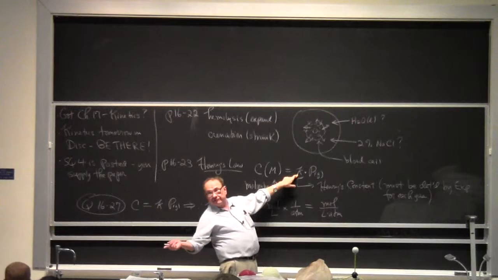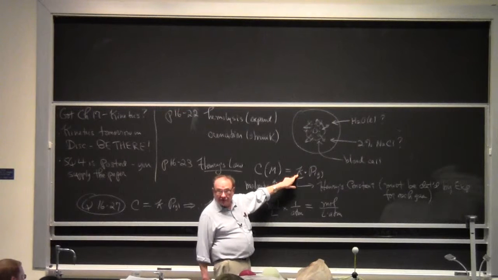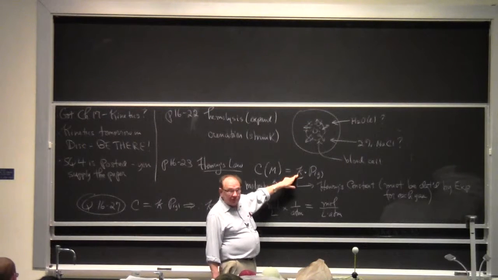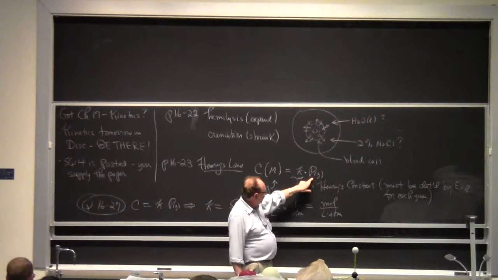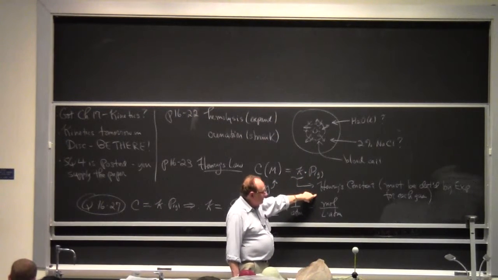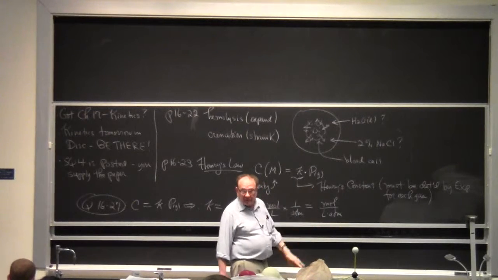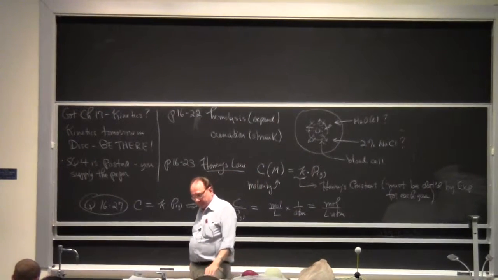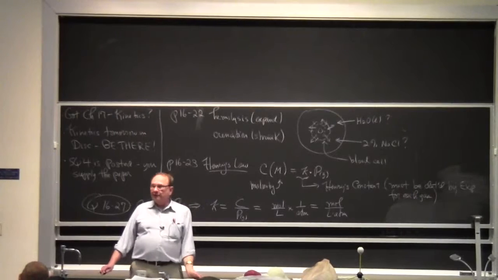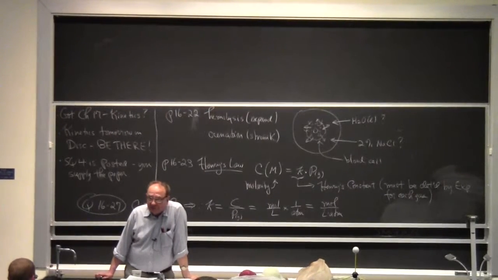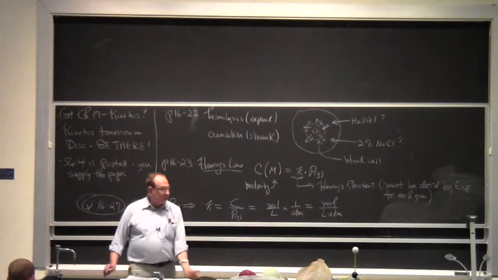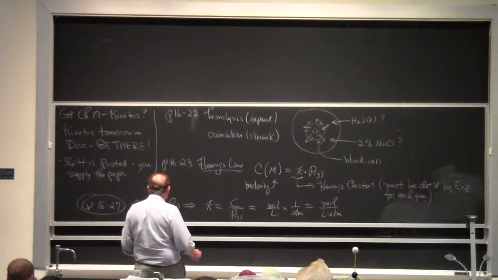And then in chapter 17 on kinetics, we'll talk about rate constants, which are also symbolized by a small k, times the partial pressure of the gas. Comment, Henry's constant for each and every gas must be determined by experiment. And I'm pretty sure it must also be determined by experiment as a function of temperature. I haven't researched the issue far enough to know for sure. In any case,